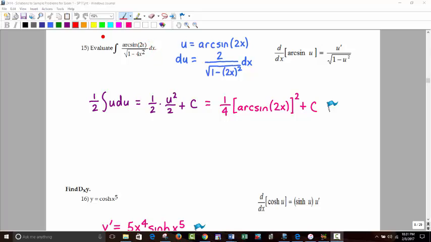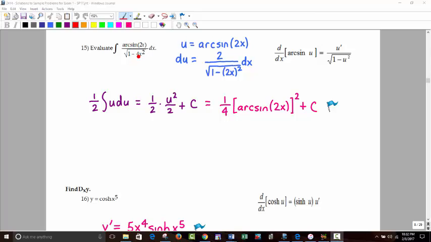So I know most of the time you use your du ending up in the numerator or whatever, but keep in mind 1 over the radical can be your du. So anyway, there's the formula for the derivative of arcsine. The derivative of 2x will be 2 over the square root of 1 minus 2x all quantity squared, which is 4x squared. So it fits perfectly except for that 2. So in other words, we just have to adjust both sides by 1/2, and so the du gives us that